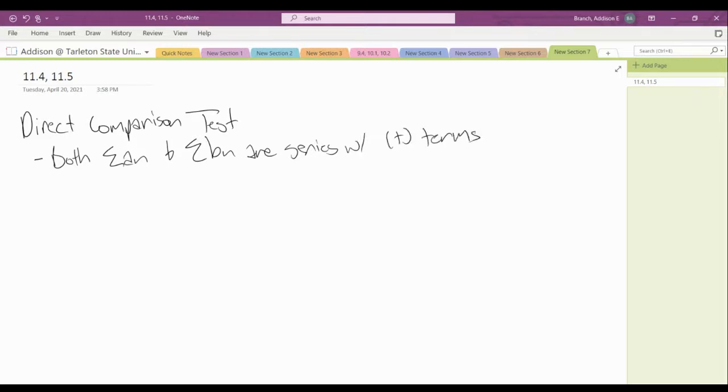So as long as that's satisfied, the direct comparison test states that in one scenario, if B is convergent,